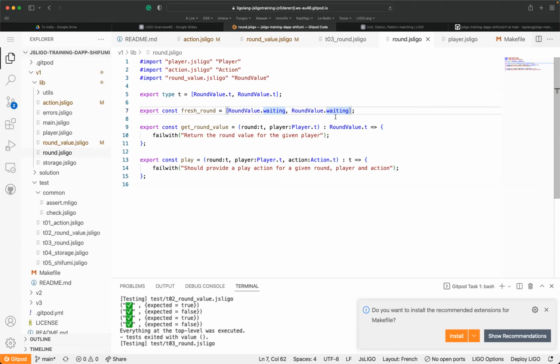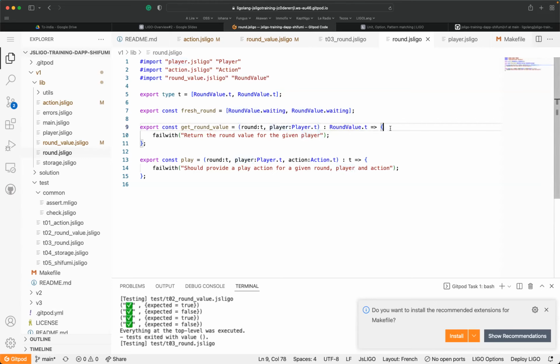Okay. So then after, we have to create the first function, which is a kind of projection function, which says for a given round, which is a pair, I would like to retrieve the round value for the given player. So this is the implementation we have to decide.